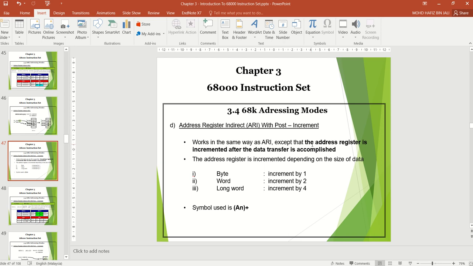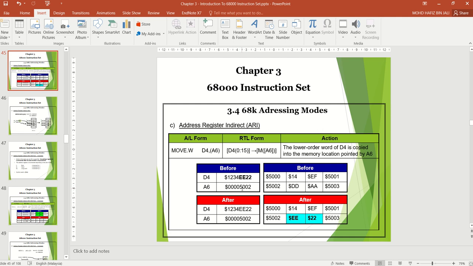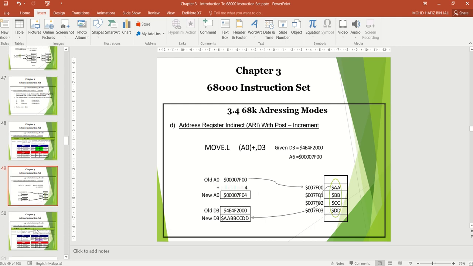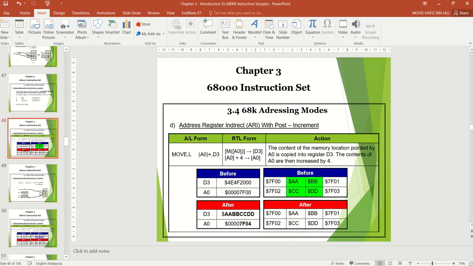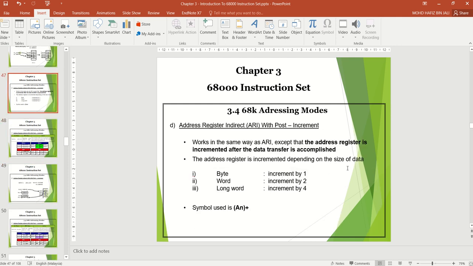For example, this address register 5000, 5001, 5002, 5003: the address register is incremented after the data transfer.